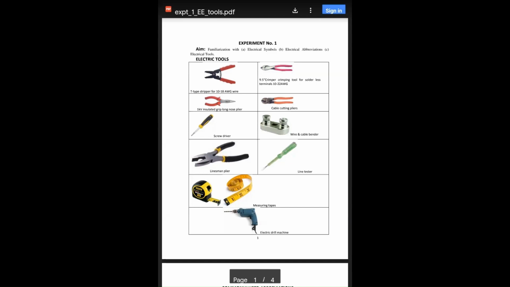So although the electrical symbols, electrical abbreviations and tools are wide open, you cannot say that this is the exclusive list. There are plenty more which we can count, but we will limit ourselves to these only because these are the most commonly used electrical tools as per our household